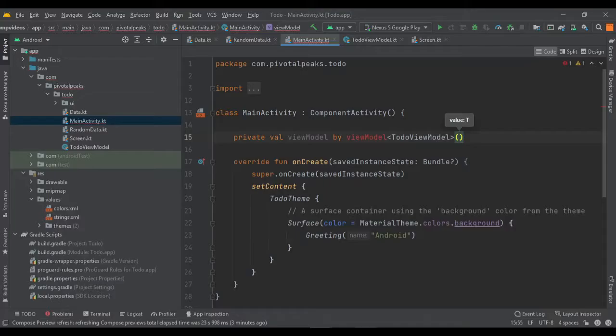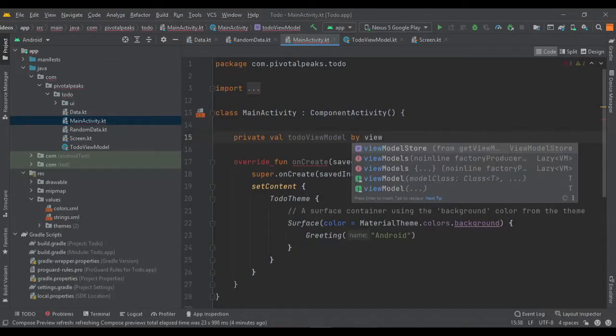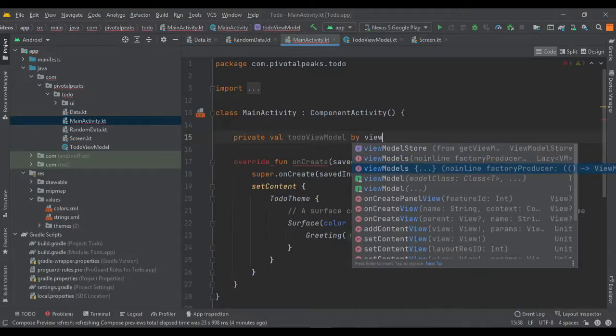and it's giving me an error. Let's see what it says. Unresolved reference, must have been some mistake. So let's do that again. Let's call it toDoViewModel by viewModels. Yeah, okay, I think we need the non-inline factory.